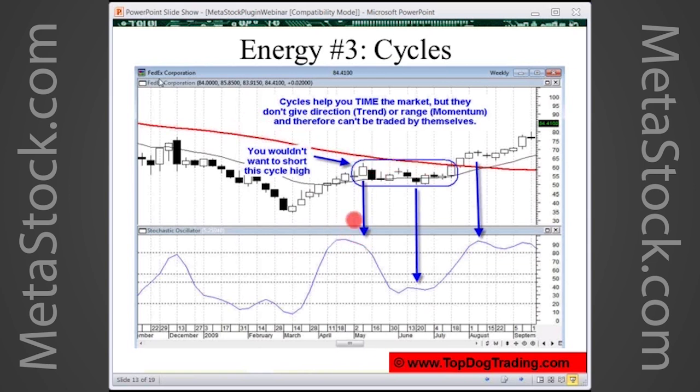We've got a cycle high here, but if we short that, we actually put in a cycle low. There's your cycle high, there's your cycle low, but the market doesn't go anywhere. But for timing purposes, yep, that's a low, that's a high, that's a low, that's a high. But you certainly don't want to short that because there's no momentum. That's what we don't have on this chart, is momentum. So you don't have the indicator of strength to know whether that's something you actually want to short or not.